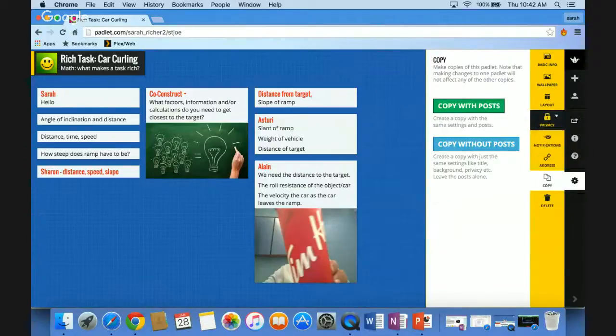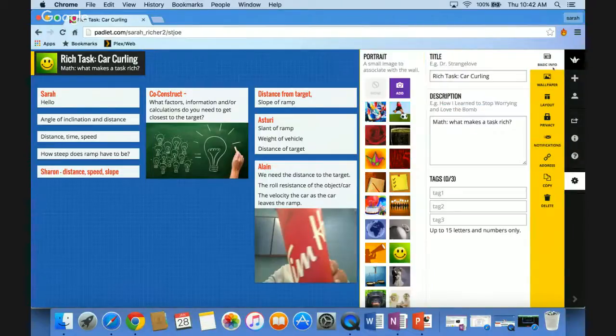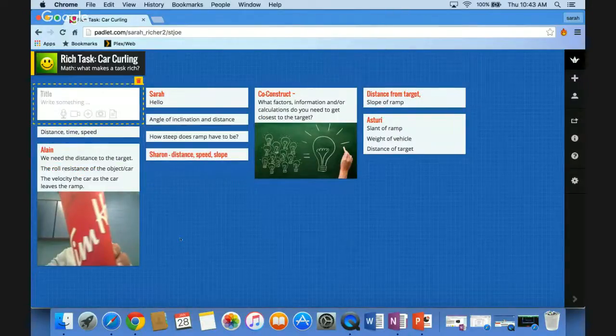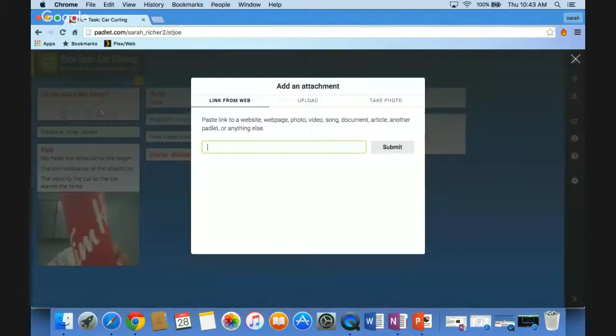I'm going to go into the basic info here. So that gives you an idea of how easy it is to just kind of start creating. And when the students do come in, all they have to do is double tap. So I double tapped on the virtual wall, and then I was able to write. Right? And then I can choose to then,